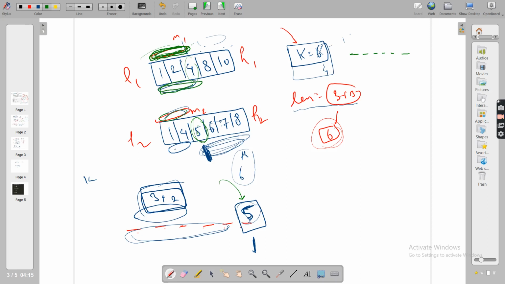I'm not saying they'll come first, but at least within these k elements, because these five elements will never occupy the sixth position, but these three elements will occupy some position in the first five. These three will occupy that for sure. And why I'm saying this, look, before this, if let's say it was 5 and it was 5, now also this is a sorted array. So here you again see that these three elements will occupy the three initial positions.